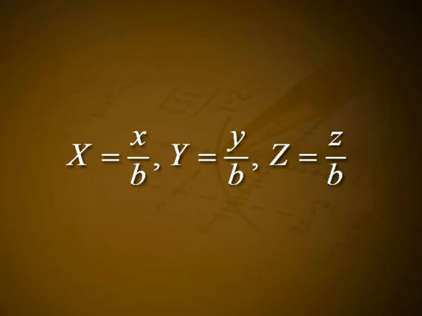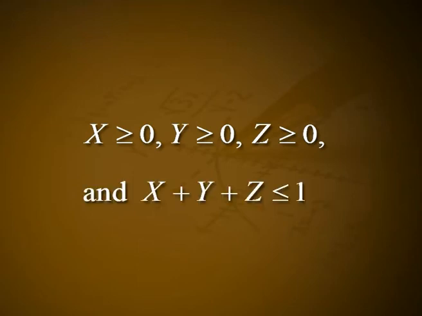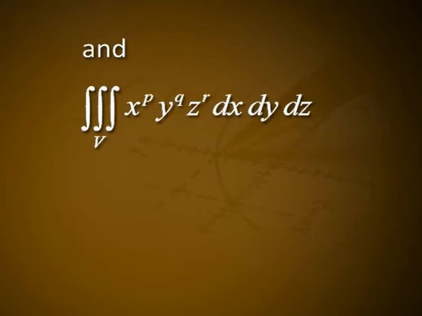Solution. Introducing x = x/b, y = y/b, z = z/b, we have the transformed region V star as the tetrahedron in the first octant given by x ≥ 0, y ≥ 0, z ≥ 0 and x + y + z ≤ 1, and